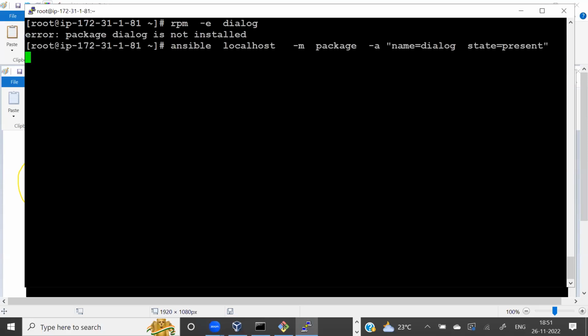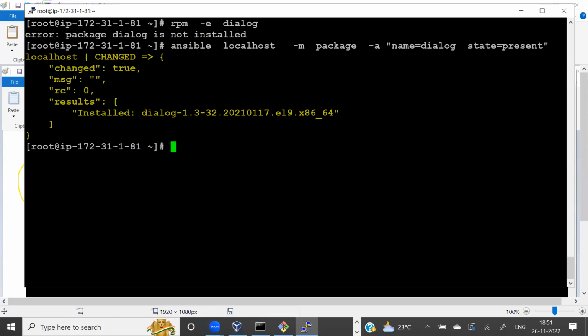But the interesting thing is Ansible is not installing the software itself. Ansible auto-detects that this OS is Red Hat version 9, and in Red Hat version 9, yum or DNF is the command. It calls that respective native command behind the scenes to install the software for us. And that's what we can verify. You can see the software has been installed.